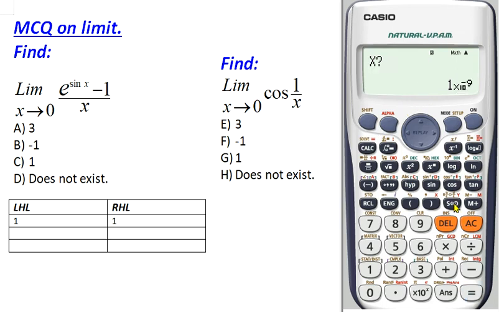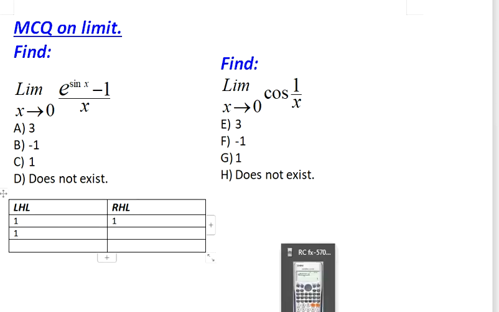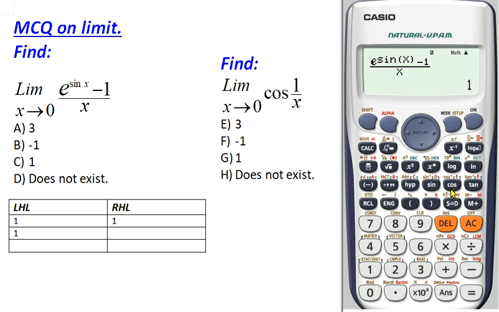Similarly, we can take any inputs very close to 0. Let me change the input. First let's approach from the left hand side, with negative 10 raised to minus 8, and press equals. Again the limiting value is 1. Let's take some extra data. Now let's approach from the right hand side, 10 raised to the power of minus 8. This is a value of x very close to 0 from the right hand side, and the limiting value is again 1.